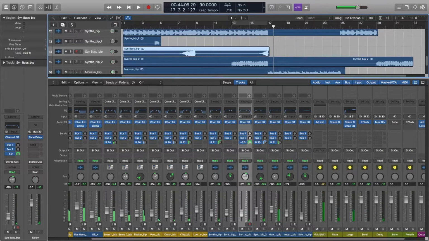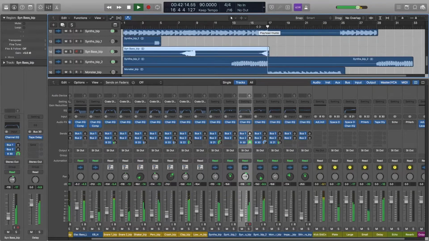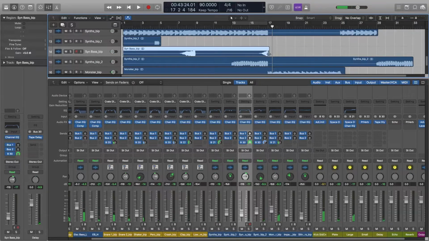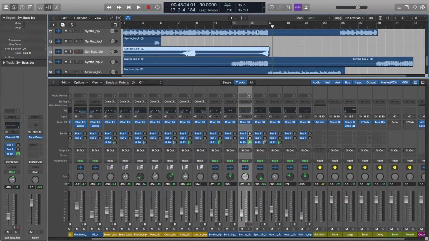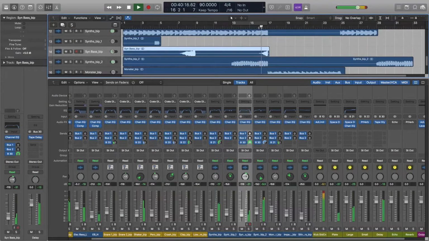Can actually even go more. That tape delay. Yeah, it's actually dying as the sound dies, only because I don't have the output set with the full wet signal up, so it's just doing like half of it. If I just change that to 100, this is probably gonna sound bad, but